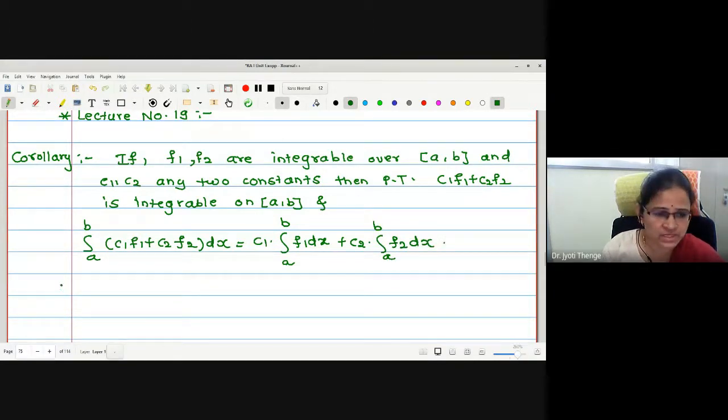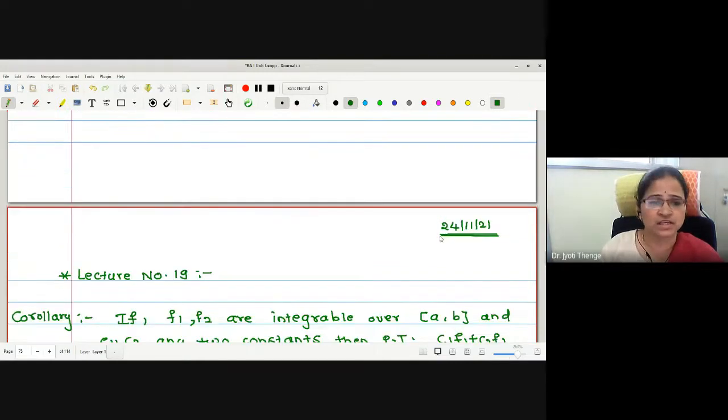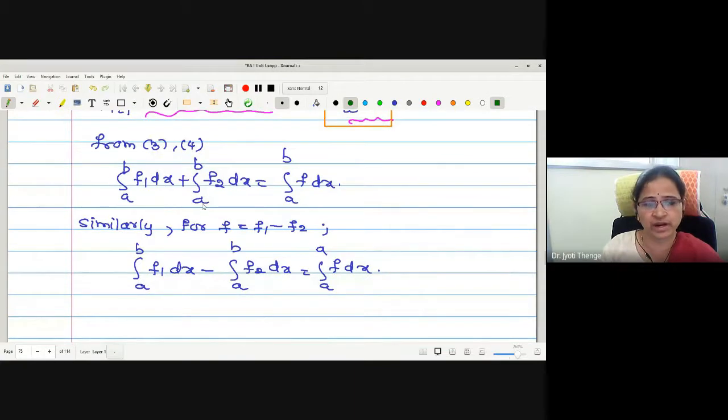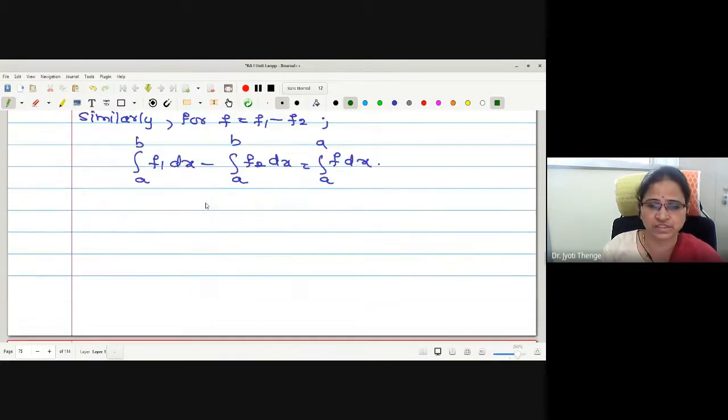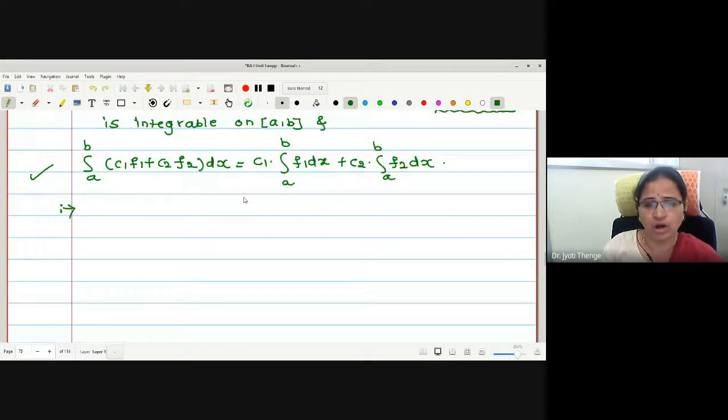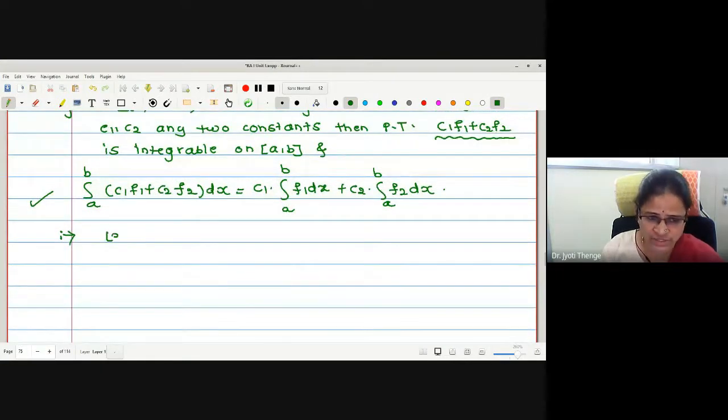Now in this section we wanted to prove that the linear combination of two integrable functions is integrable and the integration is executed with this formula. As it is a corollary, we can use this statement, right? Integration f1 plus integration f2 is integration f. Now what I am going to do, for the sake of convenience, let me call this linear combination some function f. Therefore, let f be c1 f1 plus c2 f2, and then for any partition P we will write its corresponding Riemann sum, correct?